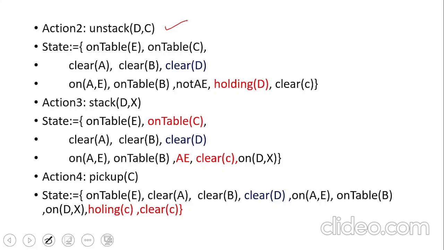Okay, so what are the positive effects? Holding D and clear C. The negative effects are not arm empty, not on B, whatever the DC. So we are adding the positive effects and we are deleting the negative effects. Now, after that, the next action is, so we don't know anything about